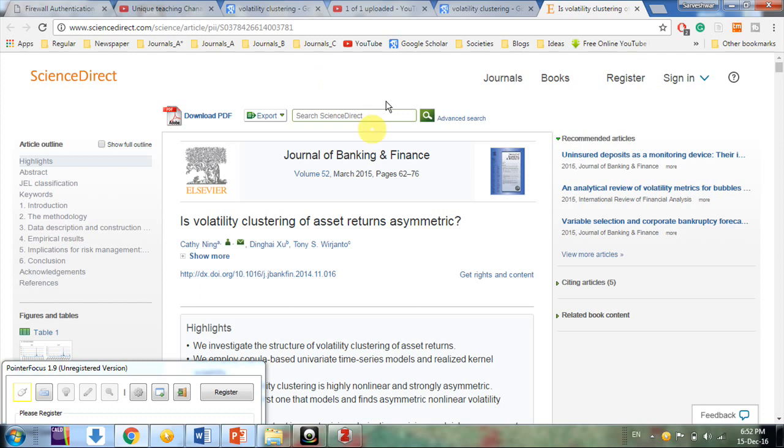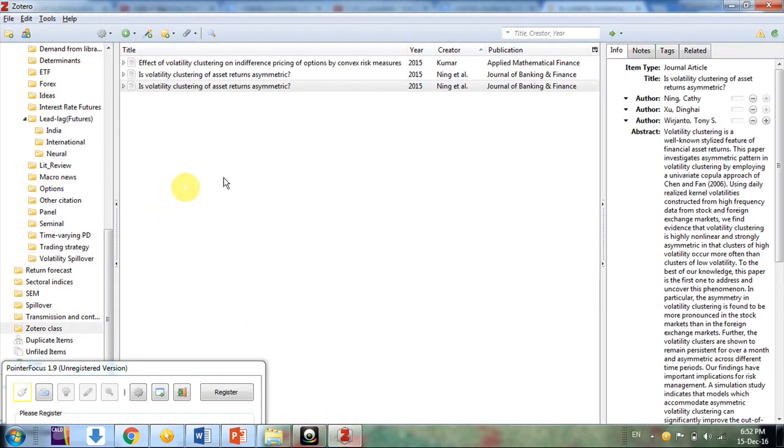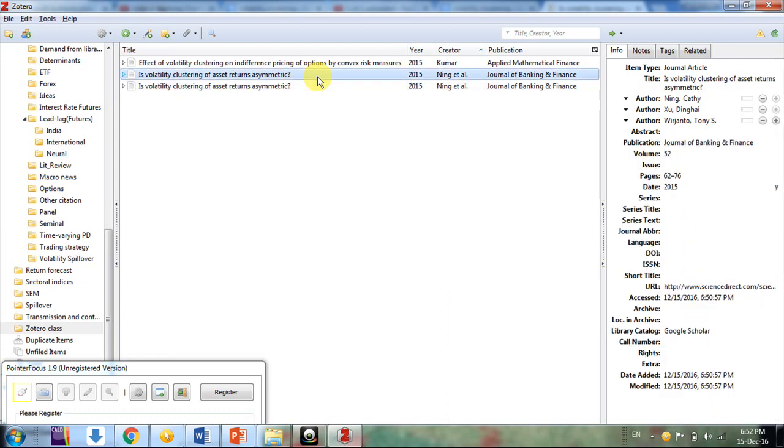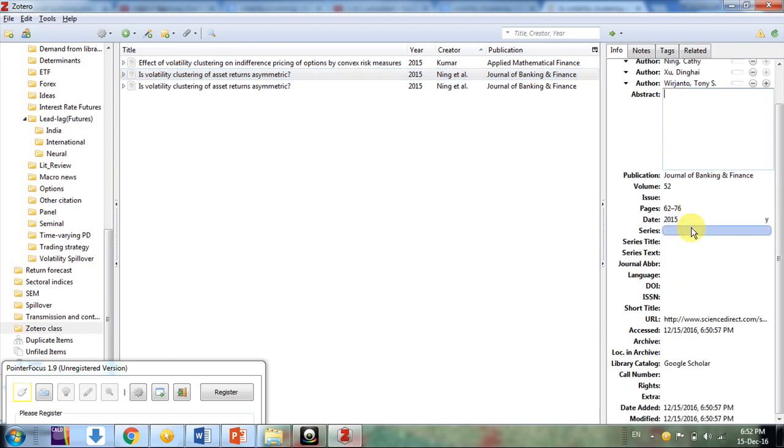You can go to the publisher's website and click on this Save to Zotero button, this extension. This paper would go to your active folder. Suppose I have opened this folder. Earlier it was this one. It's a little slow. Here I can see the abstract was not there for some reason.